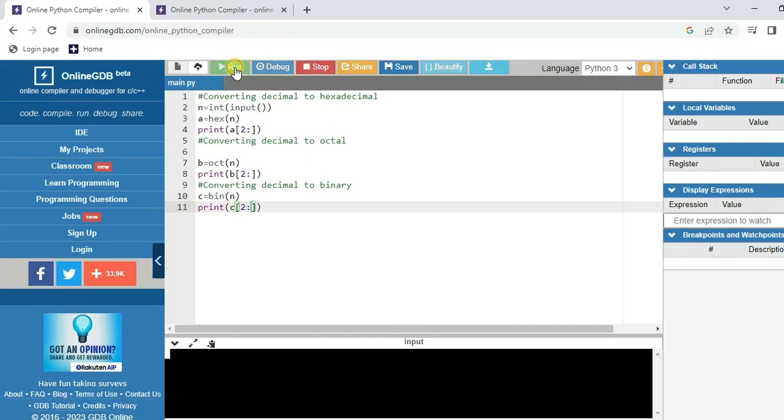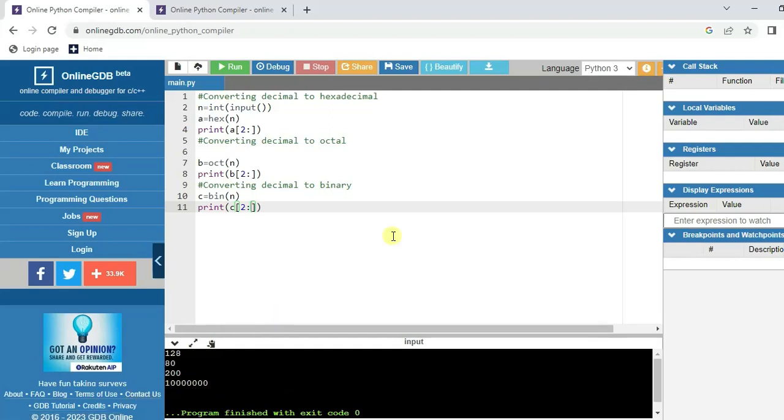Okay, let's run the program. Let's give 128. Let's see what will happen. In the hexadecimal system it is 80. Okay, in the octal number system it is 200, and in the binary system it is this,